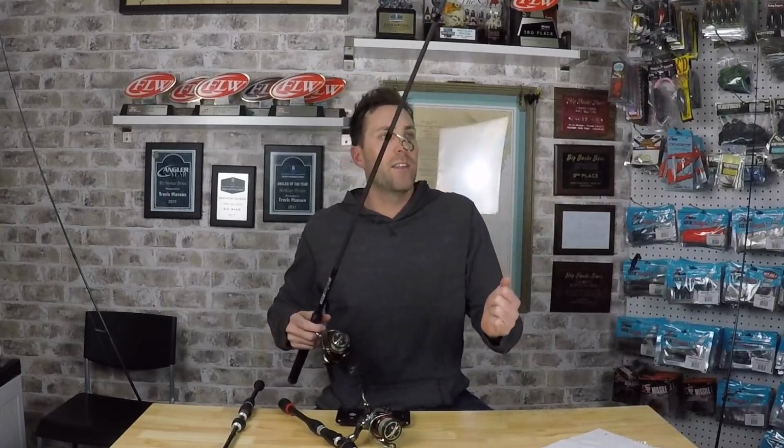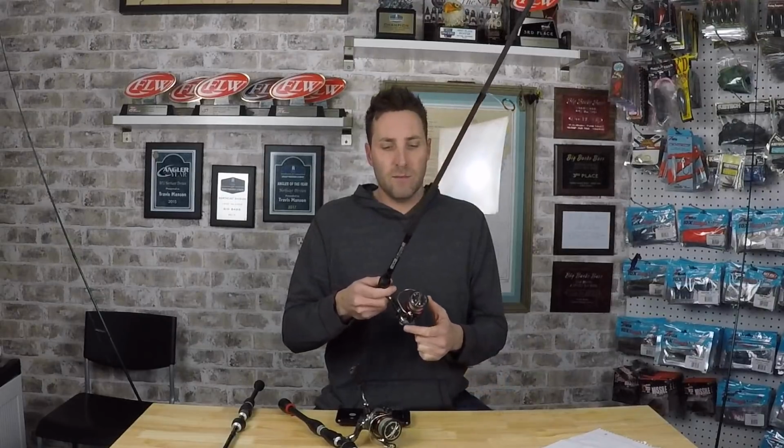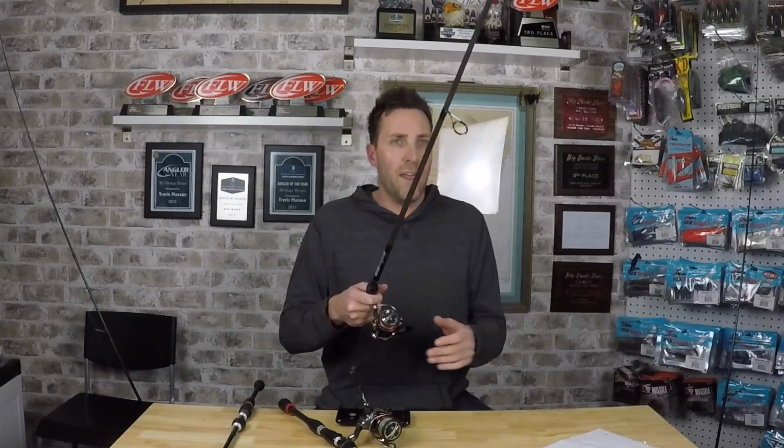So I kept searching, and I came across the Edge rods. It's called Edge rods, and it's built on the concept of the original founder of Loomis, Gary Loomis. And so I thought, you know what? Let's give them a try. The problem with Edge rods is they're being made, I believe, out on the West Coast. And the way they market their rods, and they also build to order,